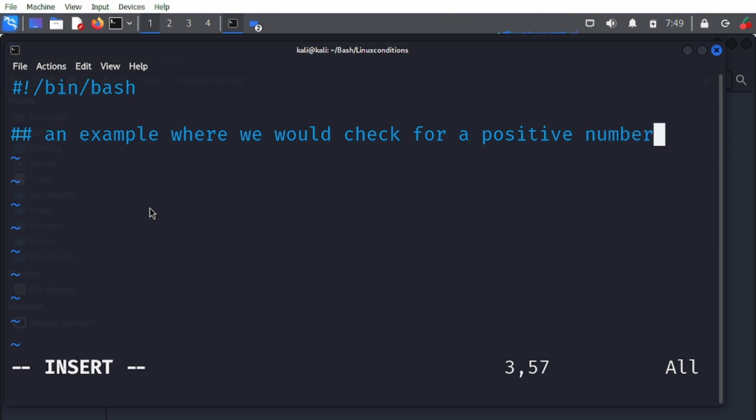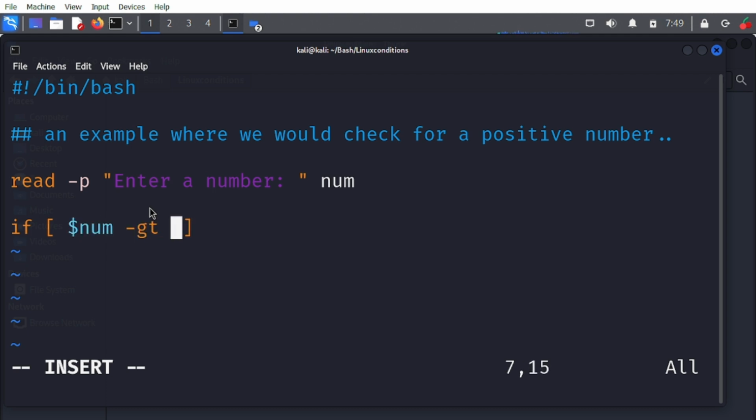Let's say we will read that specific data. We will prompt the user to enter a number, and we will store it into a variable called num, and here we will set up our if conditional statement, which would say if $num is greater than 0, then we will write,